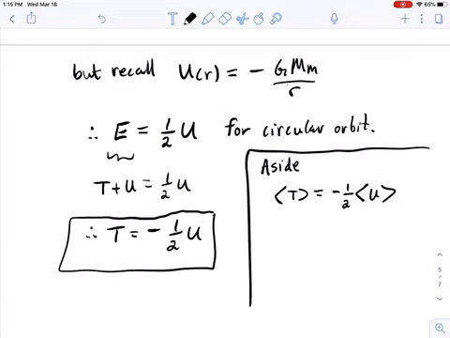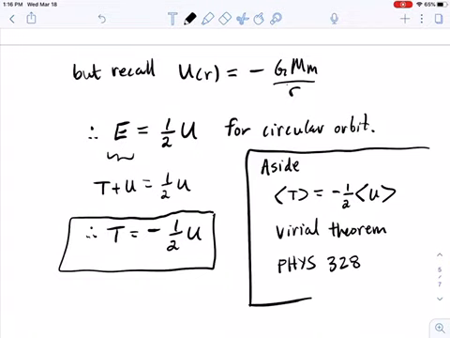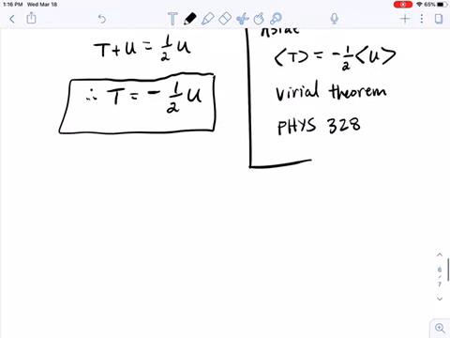It turns out that for our circular orbit, where the radial position is never changing, the potential energy is constant all the time. So the average potential energy is just equal to the instantaneous potential energy. And so that must mean that the kinetic energy is also never changing. So our planet in a circular orbit moves at a constant speed. So this is the Virial Theorem. You might see that if you were to take at UBC Okanagan something like Physics 328. Okay, anyway, so the summary